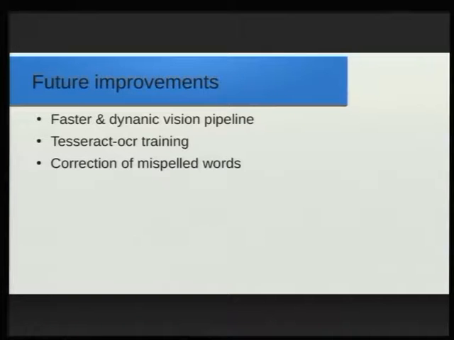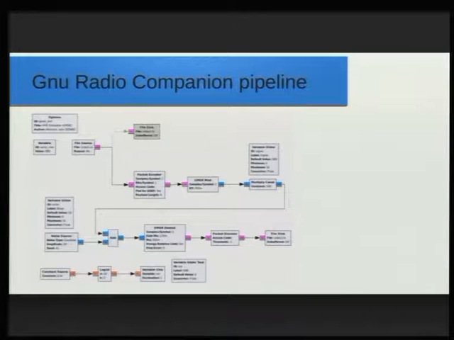And the problem is that parallelization would be really nice for this, and there is a screenshot from the GNU Radio Companion pipeline, which is really nicely done, and you can basically connect blocks, which are algorithms, and process data in the pipeline. And this is exactly what I'm doing currently. I get an image, I need to create the segments from it, and this would be an ideal result, and not only for this application,